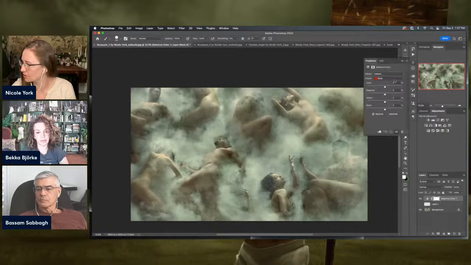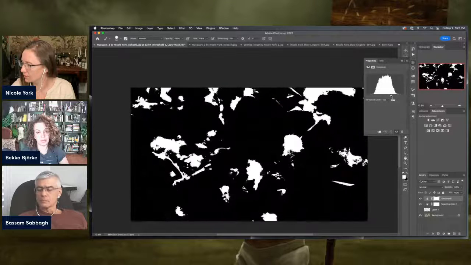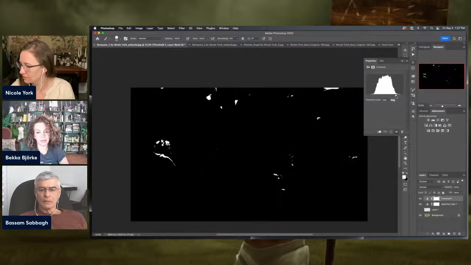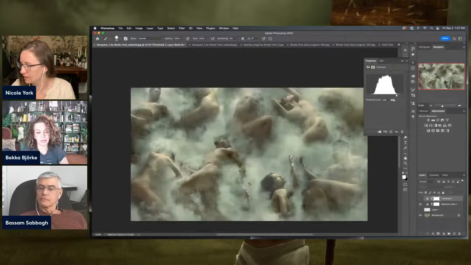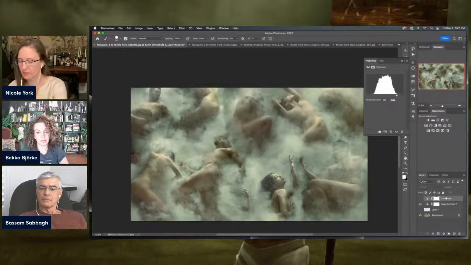Let's also look in terms of areas of contrast. So here's where our brightest things are happening.